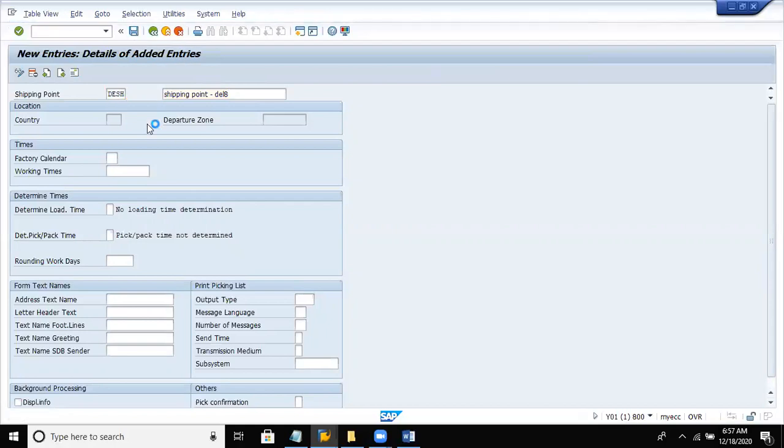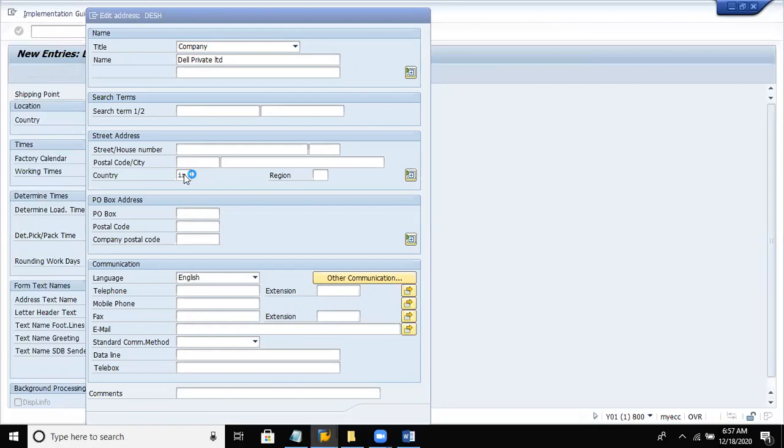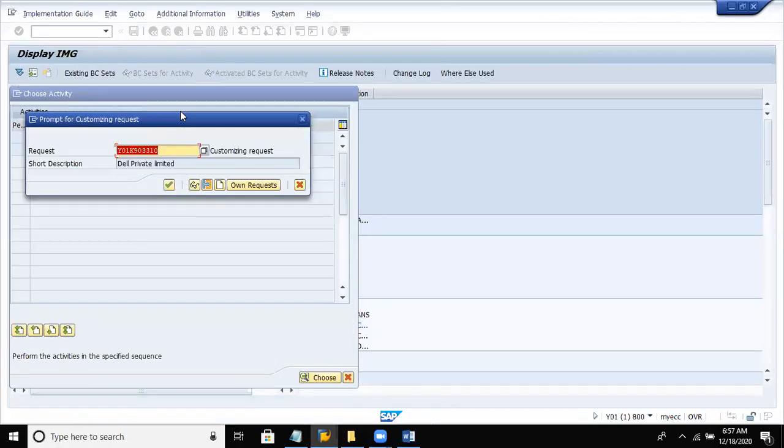All the other fields will be updated by the MM team. As of now we will be just updating the data which is required for the finance organization. The remaining particulars will be updated by the MM team. So enter, save, and save it in your request, enter.